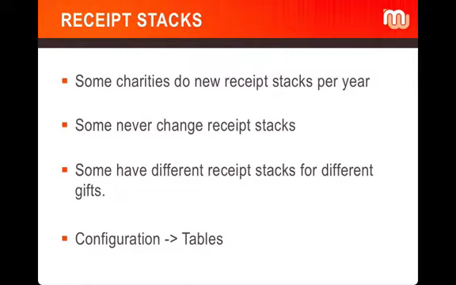You can create your receipt stacks in configuration tables. You can renumber them in your business rules. The most common scenario with that is somebody presses the yes, I want to receipt these button when they shouldn't have, and so a number of receipt numbers get generated that are never going to go out, so people start doing global changes, reverting the receipt number. It has happened. Usually you want notes in the system to talk about that, but you can renumber them if you want. You can also use that to change the number, so if you decide you only want one receipt stack, but you want everything for 2013 to start with 2013, you could renumber it that way if you wanted to, so it's